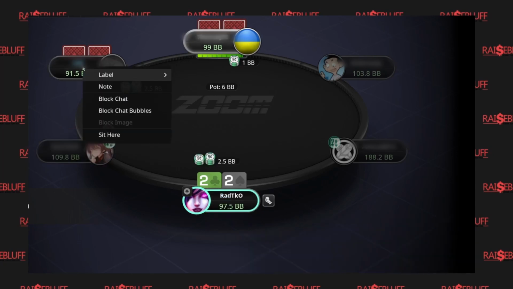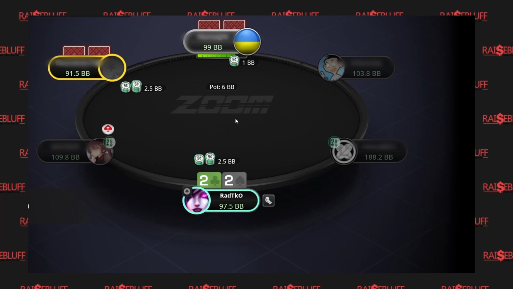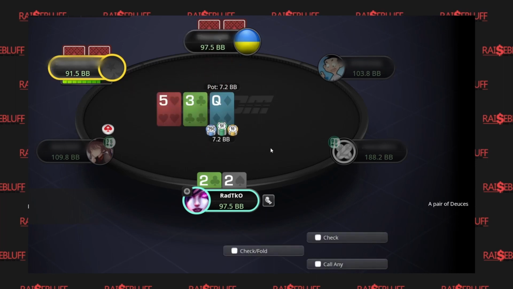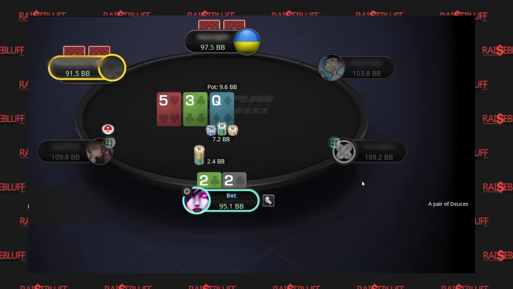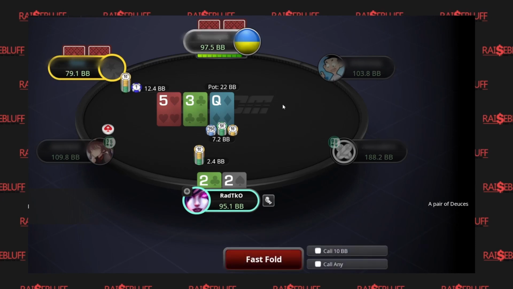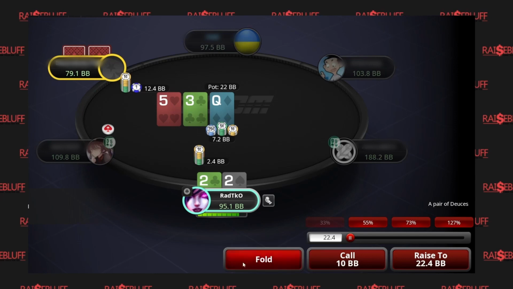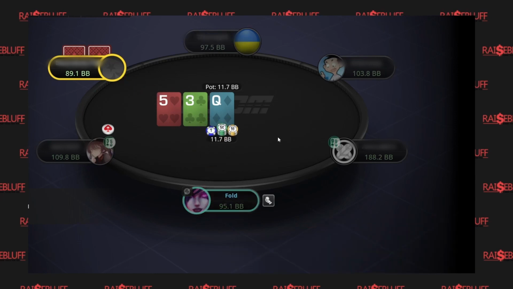Straight on we can here see the player under 100 big blinds. Alright, let's check for others. There are no more players. And we will go through every single hand and try to look for the players who are less than 100 big blinds and mark them.